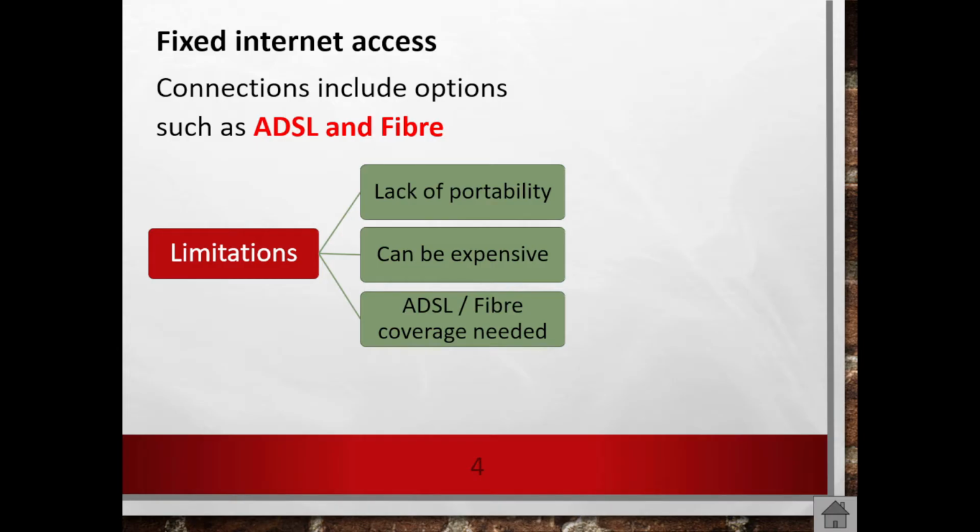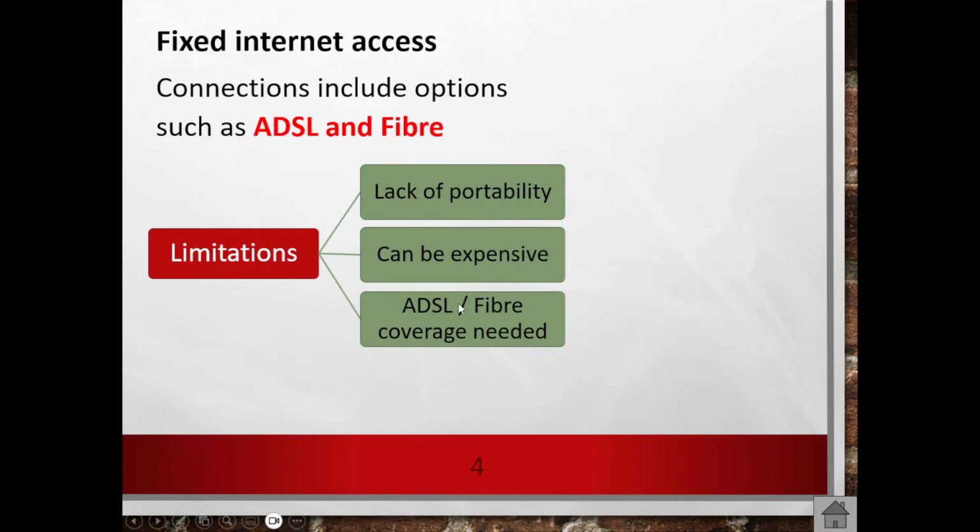From the point of it being, let's say, outside your home or down the street, at the local exchange box on the corner, there's a line that will then run to your place when you want to get your internet, and that's how you tap into that line via whichever ISP. Now, there are some limitations: lack of portability, which means I can't just pick up the line and walk away with it. Some of them can be expensive, and then you also need to be in a coverage area.